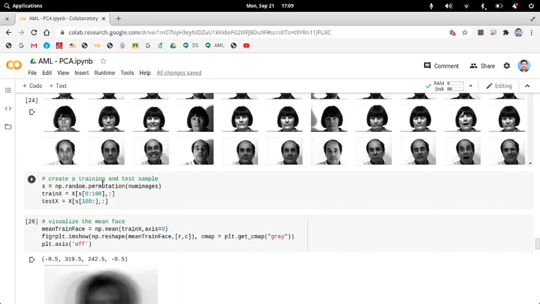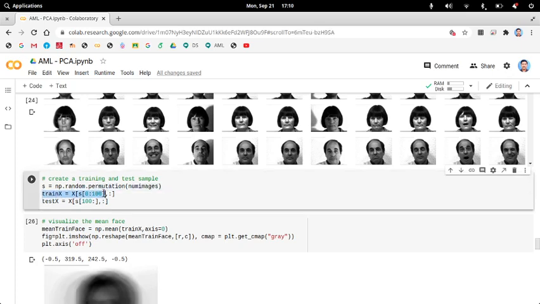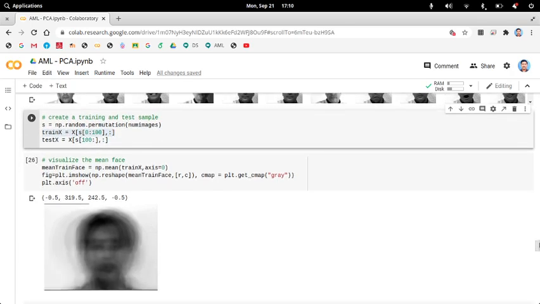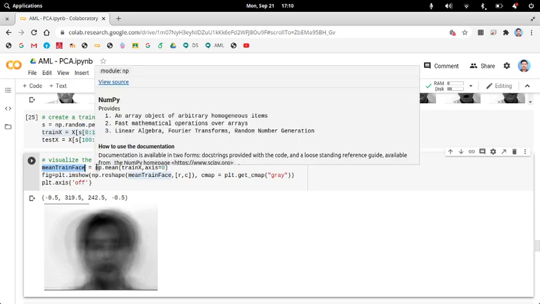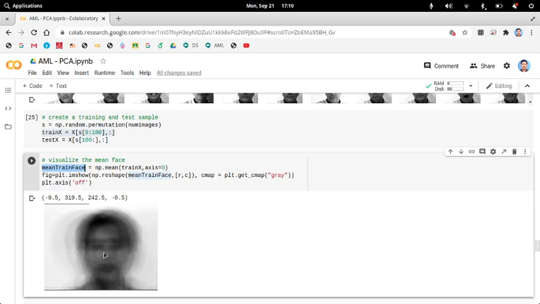So create a training and test sample. This is for randomly choosing some as training and some as test. And from the training sample, you need to mean center your data, isn't it? So for making it mean centered, you first find the mean train face. So this is your mean face.